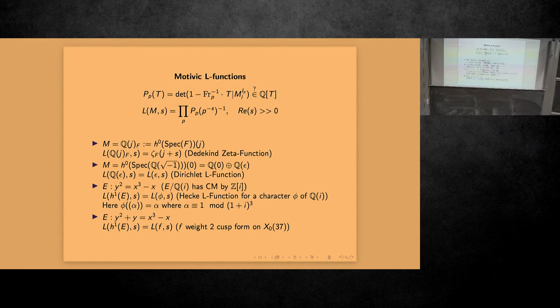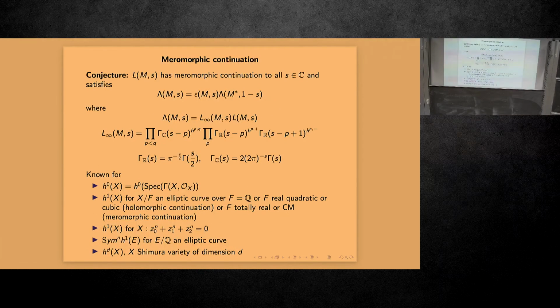So these are classical examples of L-functions that you can prove have a nice analytic continuation and functional equation because they're related to automorphic L-functions. So this curve has conductor 37, so that's why it's associated to a cusp form on X_0(37). That is a certain algebraic curve, a quotient of the upper half plane. So I'm just leaving this as a black box for now. Okay, so in general we expect that these functions have a meromorphic continuation, which means that,